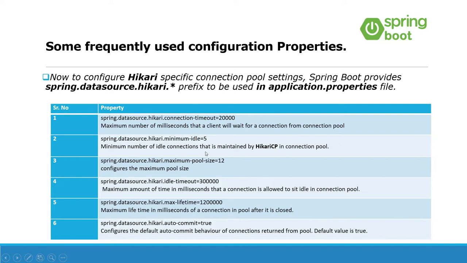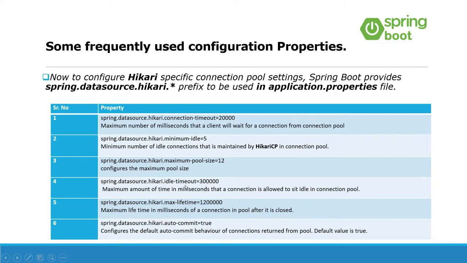That's what the property says. Now next, maximum pool size, which I have given as 12. That's a very small count, but in your real application you would like to set something like 2000 or 5000. That again depends on your application load, how many requests per day you are getting, and accordingly you can tweak this parameter. So this is the maximum pool size; your pool is going to maintain a maximum of 12 connections.